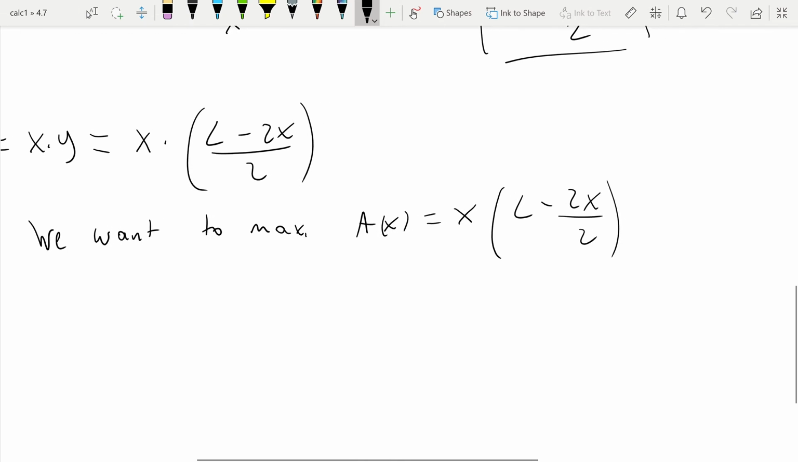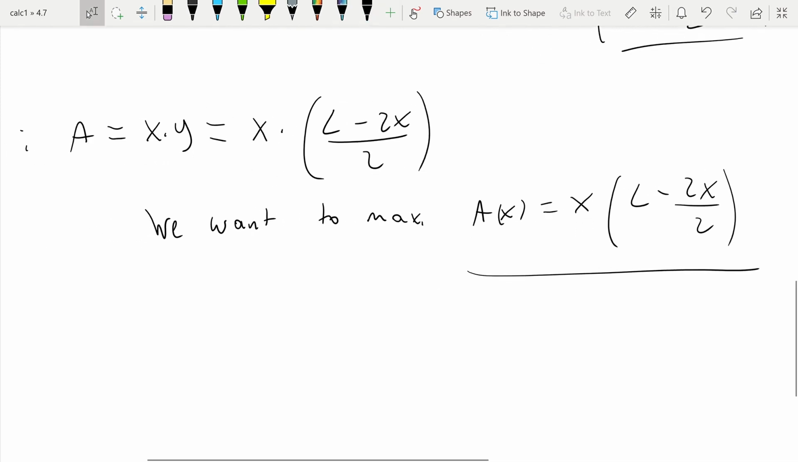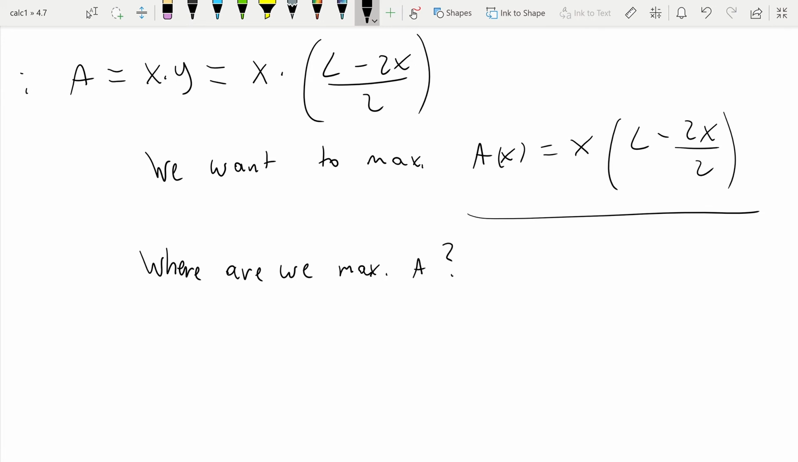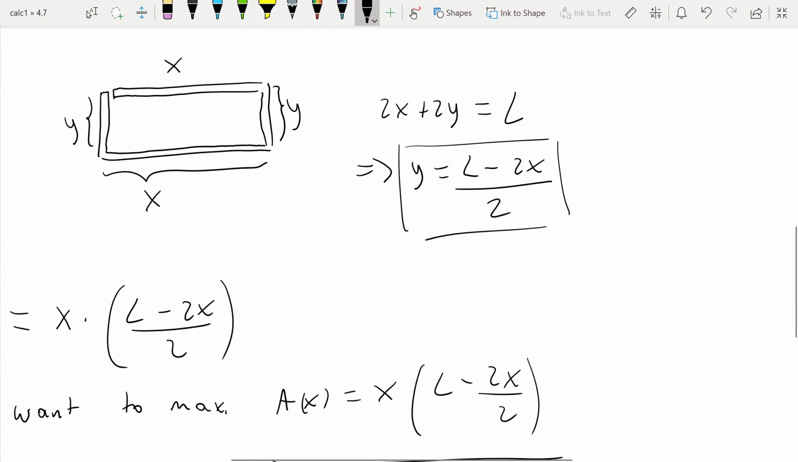Alright, so this is the function f. This is the first thing we need to know here. Next, we need to identify the interval. So where is a? Where are we going to? Where are we maximizing a? That's the question. So, as we said before, x